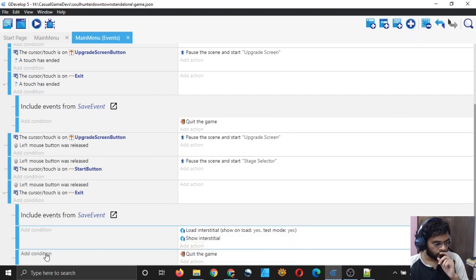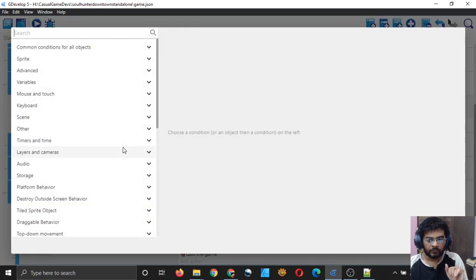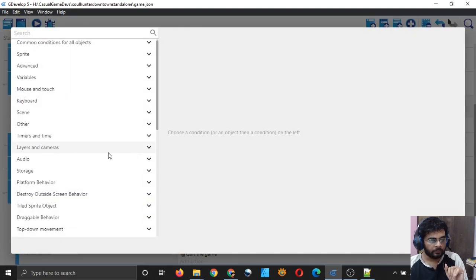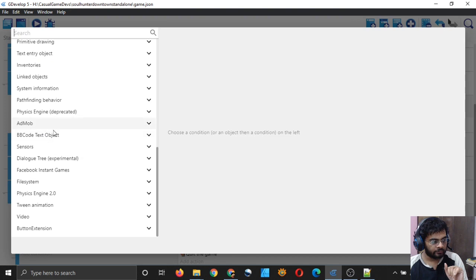So in the condition, but wait, not like this. If I choose to add the condition here, then this condition should also be true at the time of this condition being true. So let me see if that is first of all for the AdMob interstitial ad.